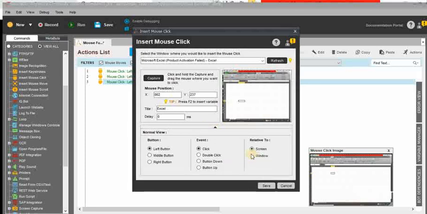And in the advanced view, you can see the relative to function screen.